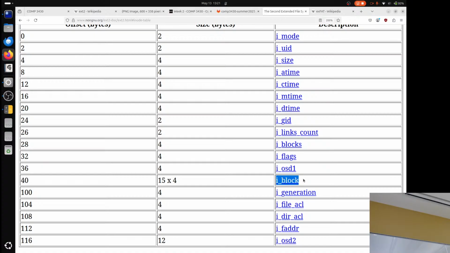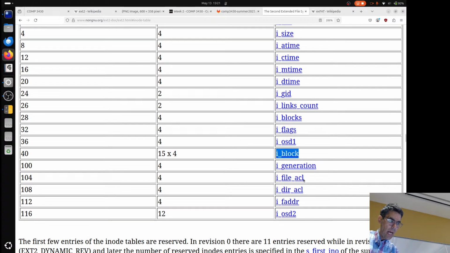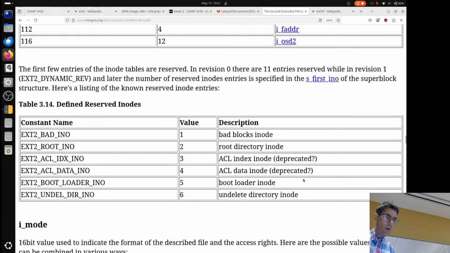With ext2, the way that the indirect block pointer works is that it's the last entry in the set of direct block pointers. So there's just one array that's block pointers, and then the last 1, 2, or 3 of them have special meaning that say this is the one that you'd follow to find those indirect type of block pointers. I'm going to go back down here just a little bit, and I want to show you this table